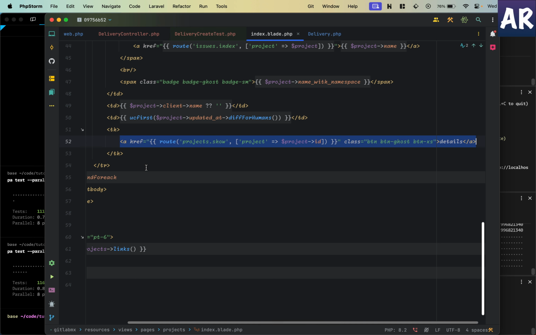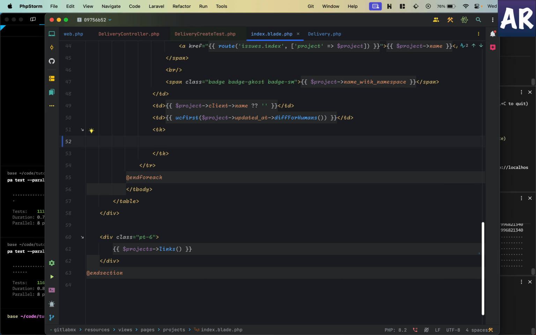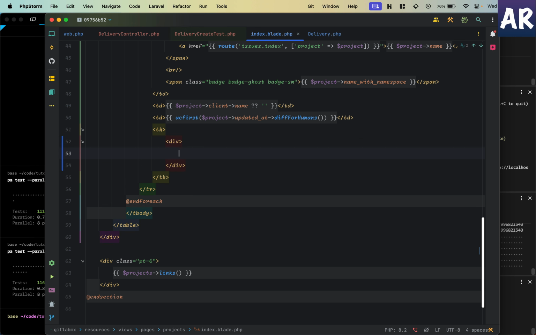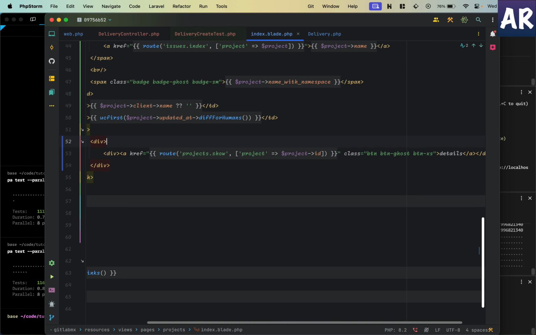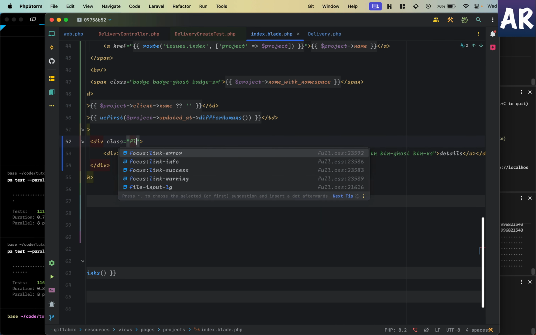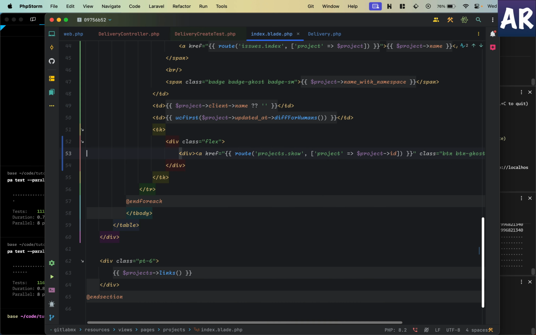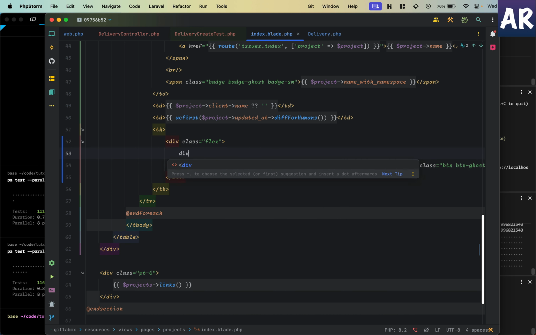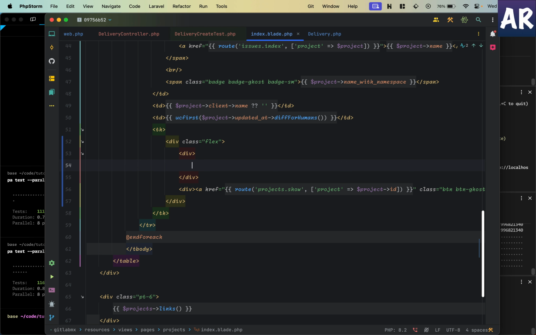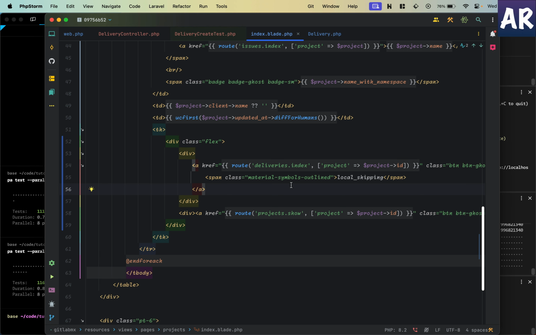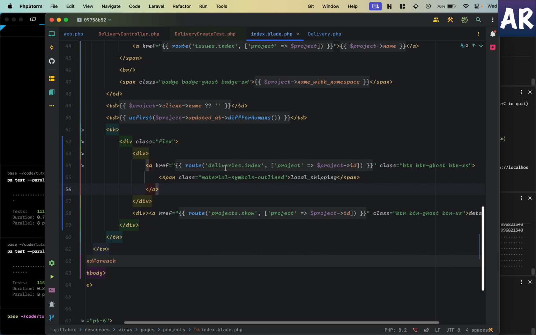First of all, I'll put this inside a div like so. This should be flex, and then I'll have one more div and I'll have some markup. So what do we have over here? I have an A tag. The route is deliveries.index. I'm passing the project ID, and this is my